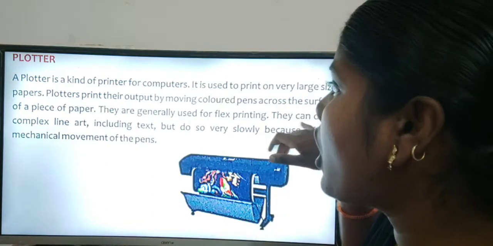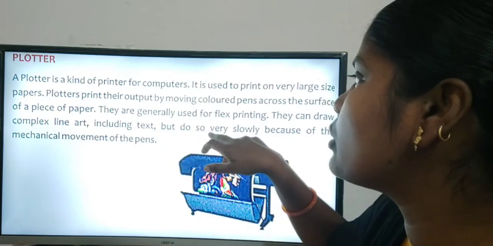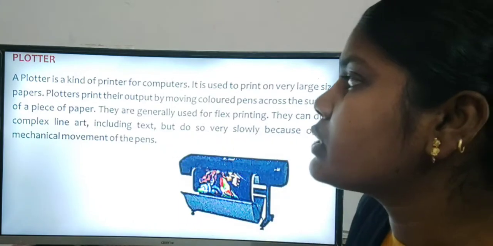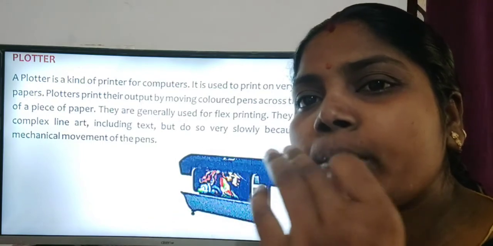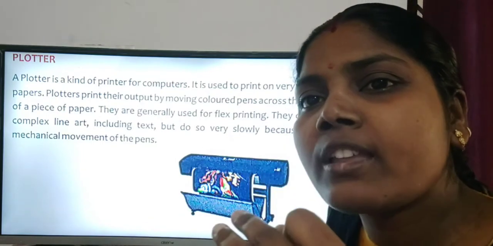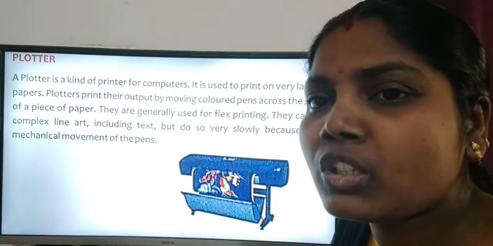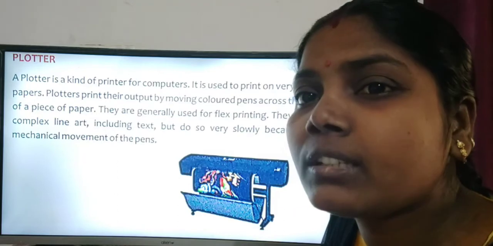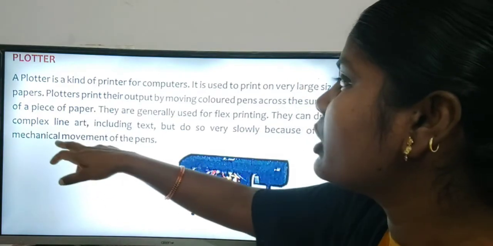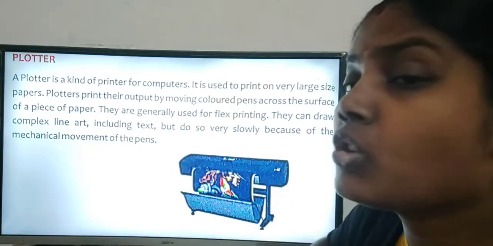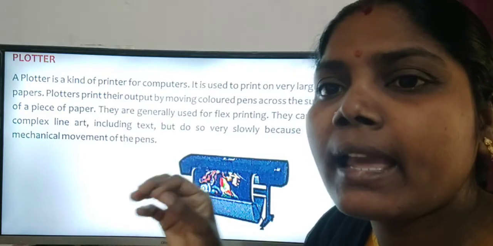They can draw complex line art including text, but do so very slowly. It can draw big buildings, lines, everything. But it takes time, it cannot do it fast, because of the mechanical movement of the pens, moving line by line.